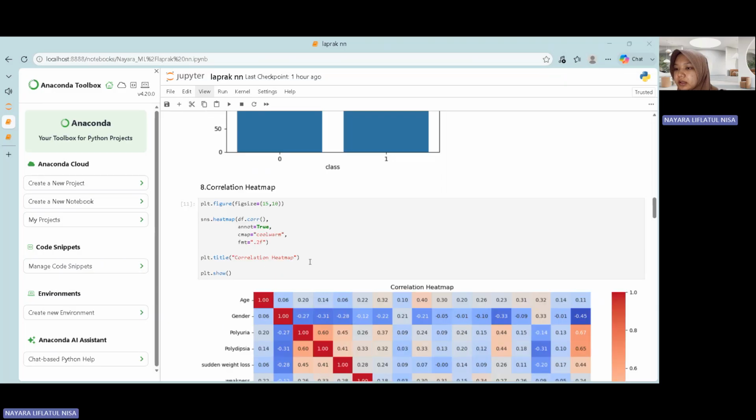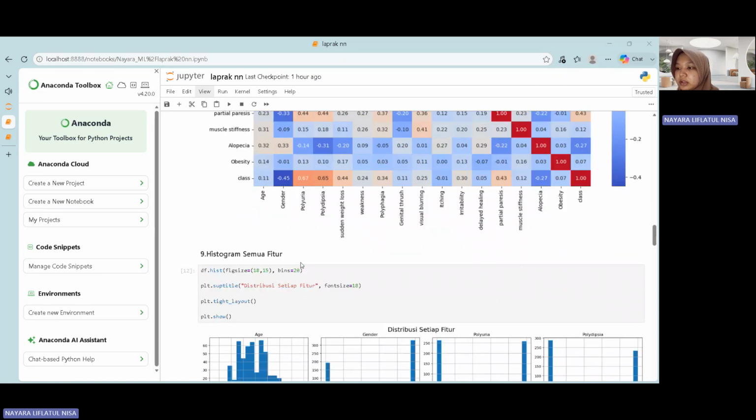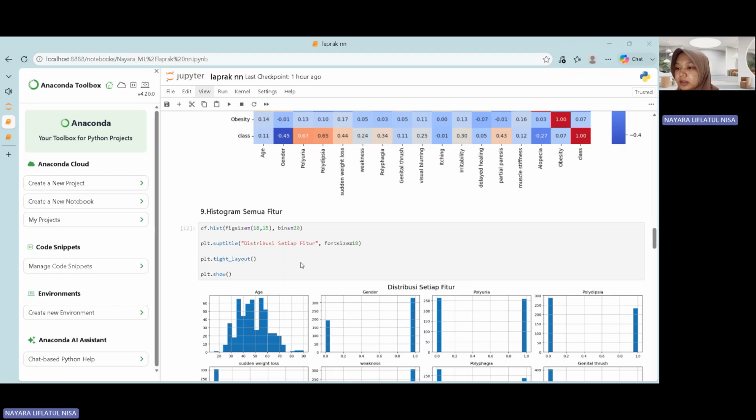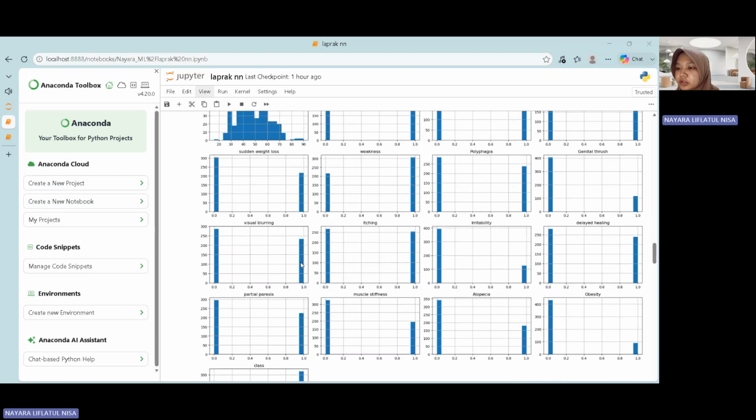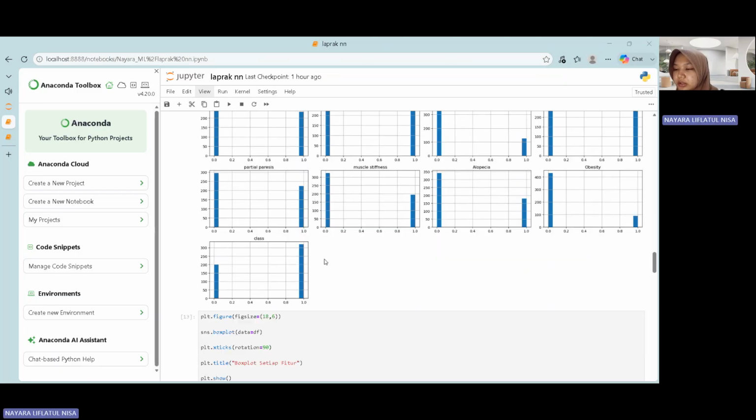Next, I split the dataset into input features and the target variable. The target variable in this dataset is the class column, while the remaining columns are used as input features. After that, I apply StandardScaler to standardize the feature values.